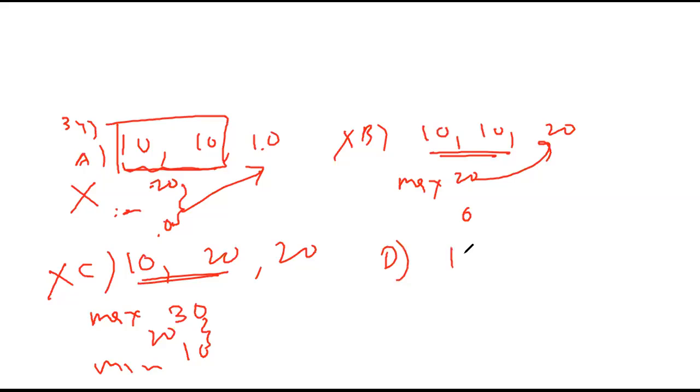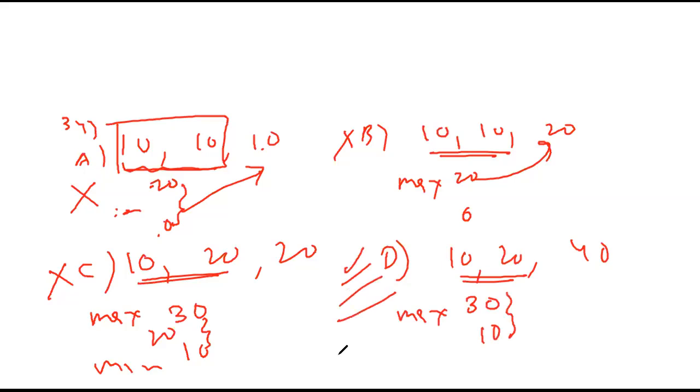Let us check. 10, 20, 40 cannot be 0. 10 plus 20 is 30, which is the maximum. Minimum is 10. We can't have 40 here. So this is the correct answer. It will not give you 0. First I found the maximum and minimum of the first one. Somewhere in between there will be 10. 10 and 10 can become 0. Same way, second maximum is 20, minimum 0. 20, 20 together can become 0. 10 and 20 have a maximum of 30, minimum is 10. In between 20 will come. 20, 20 can be 0. The last one cannot.